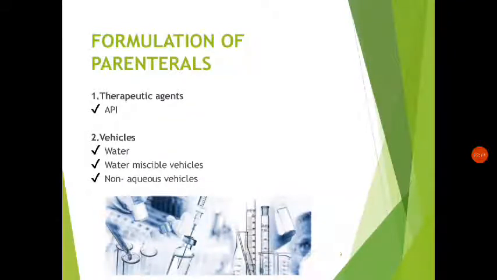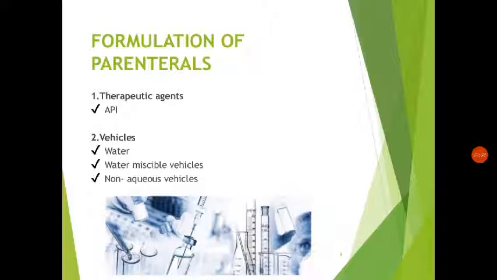That is parenterals, their ingredients, formulation requirements, and the properties. So today we will discuss the formulation requirements and the considerations, that is how it is compounded and packed, manufactured, etc. In the earlier discussion we saw that the main ingredients are: one is the therapeutic agent, the API,